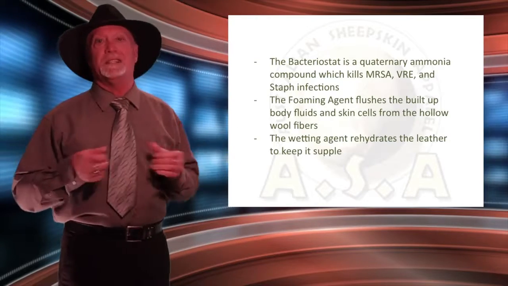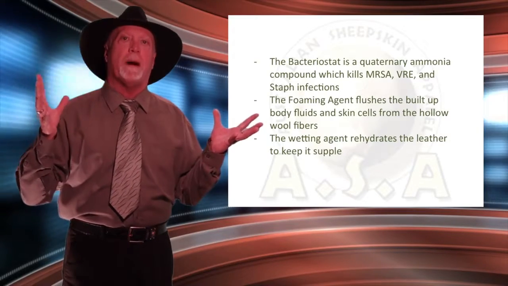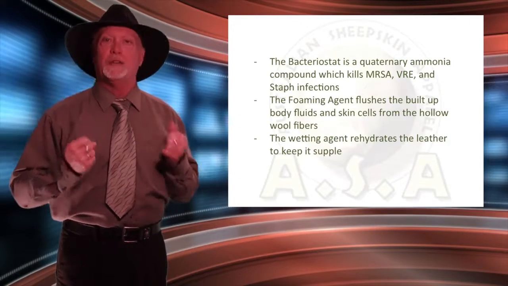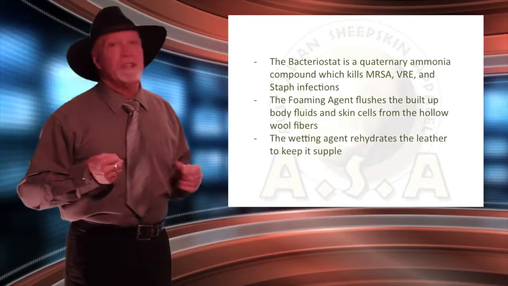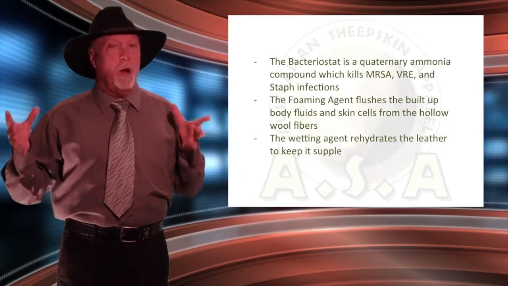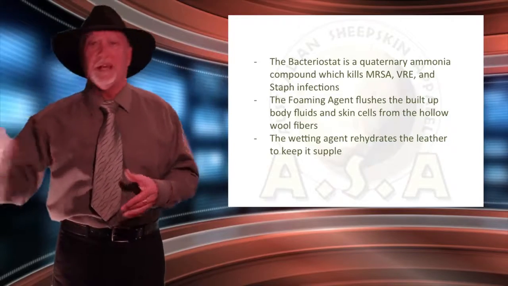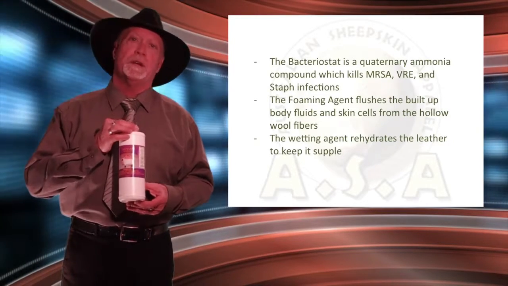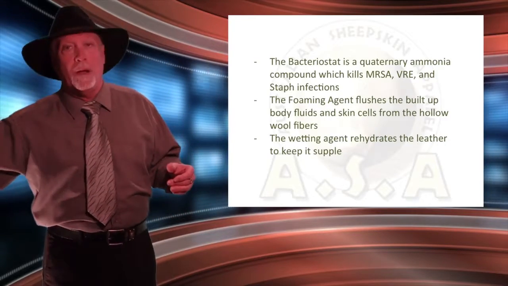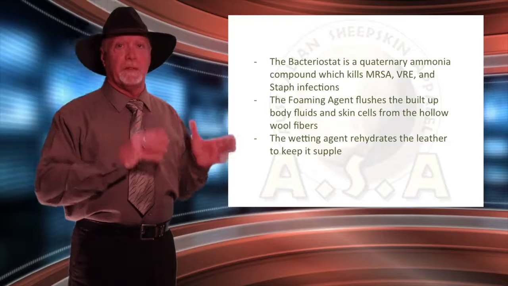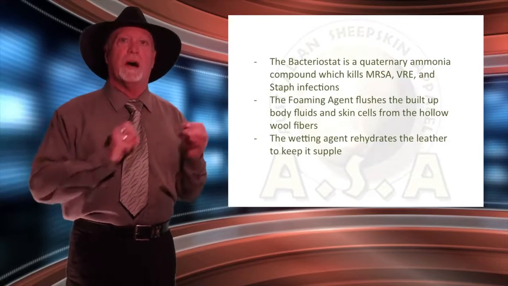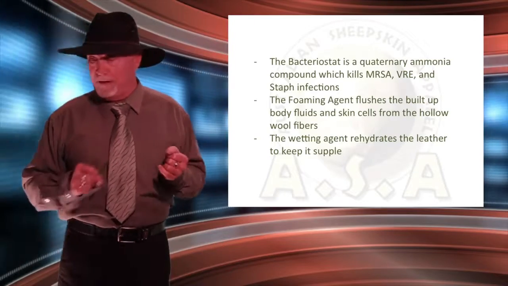The foaming agent is designed to flush out all of the wool fibre and to get rid of all the skin cells and the bodily fluids that have been absorbed and trapped in those fibres. And the wetting agent down the bottom is designed to keep that leather soft and supple. That's why we must be washing with Skin Sand detergent, because there are no other detergents on the market that have these unique qualities as far as the wetting agent itself is concerned, and even the bacteriostat. Skin Sand detergent has it all, and it is what will look after the sheepskin very effectively and keep it